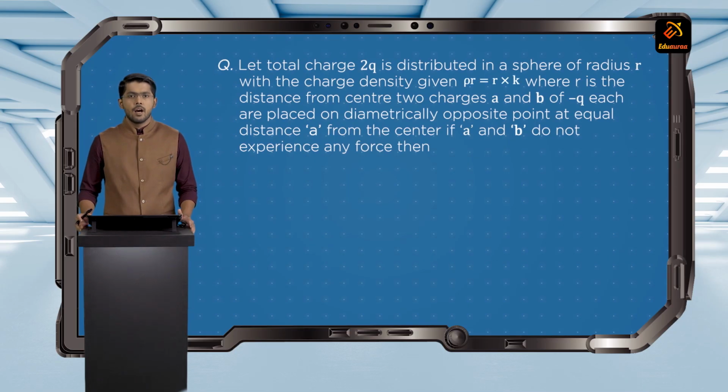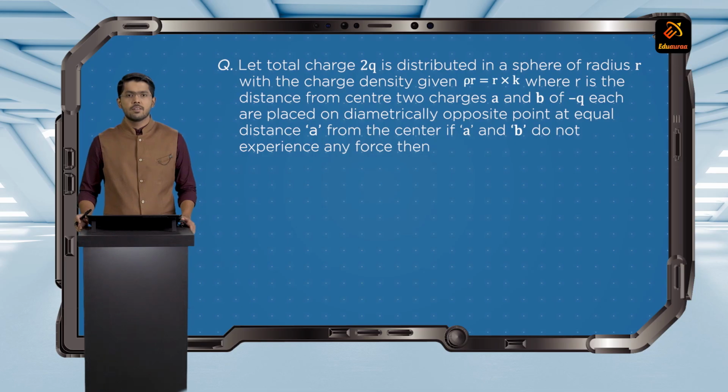Let a total charge 2q be distributed in a sphere of radius R with the charge density given by rho of r equals k into r, where r is the distance from the center. Two charges A and B of minus q each are placed on diametrically opposite points at equal distance a from